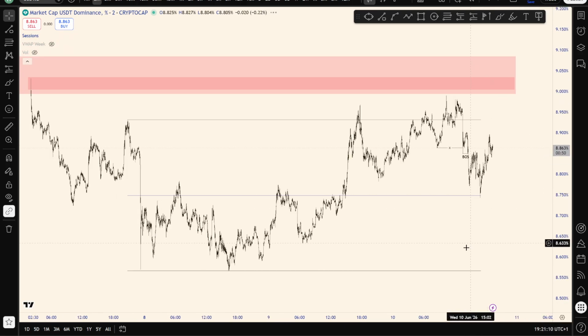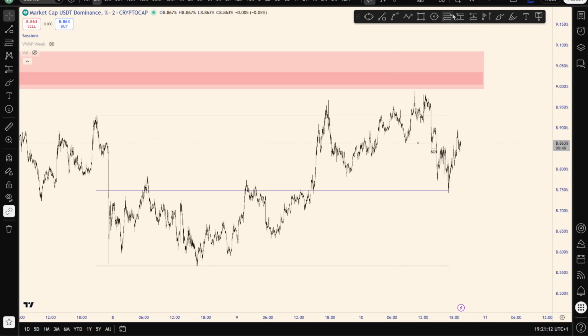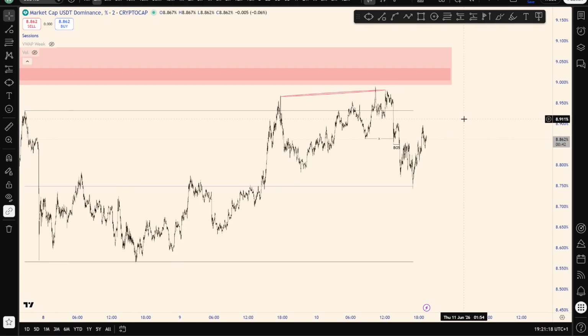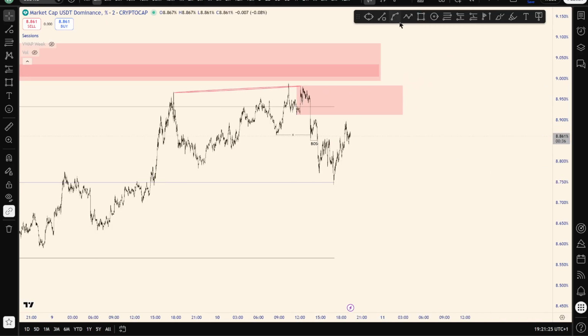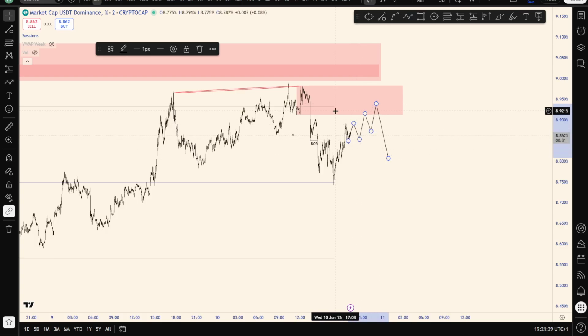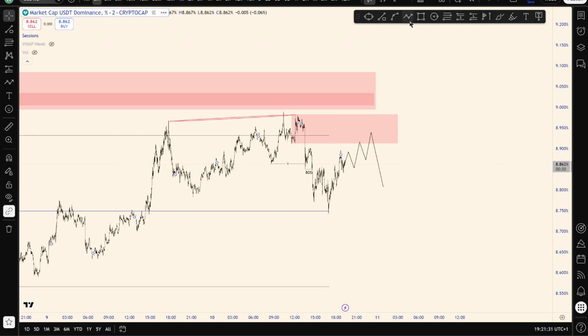So now looking at the USDT chart, I would like something like that, really. Or something like that,